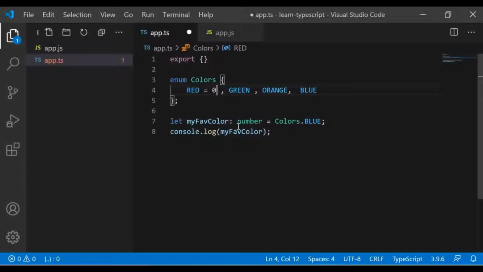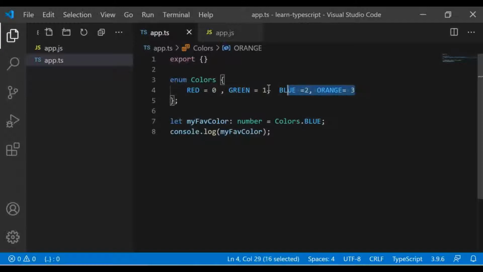So it is always a good practice to assign your variables like this. So I remove orange now, and blue is 2, so that in the future, if someone comes and changes this enum, they know that they have assigned 0, 1, 2 values, so they can come and change it and make it 3.